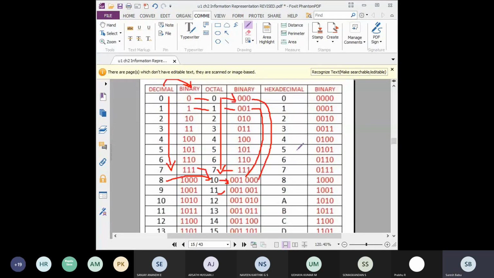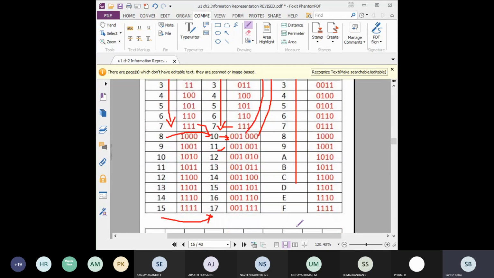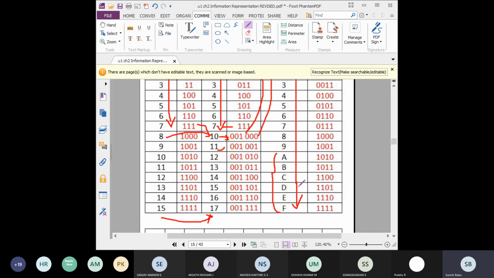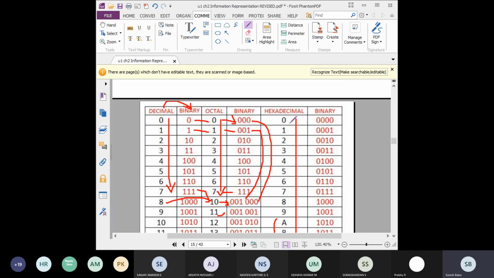For hexadecimal, you know, hexadecimal values are 16 numbers. So total 16 numbers, that is 0 to 15. For 10 to 15 we need an alphabet equivalent, that is A, B, C, D, E, F. Then to give the equivalent binary value for hexadecimal, you have to give it as